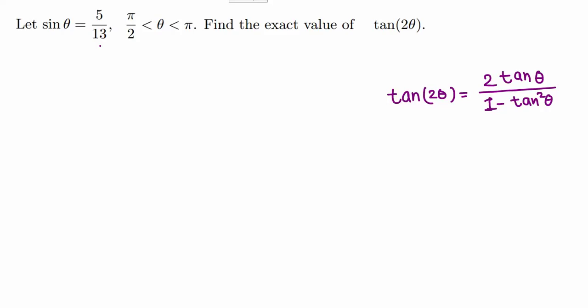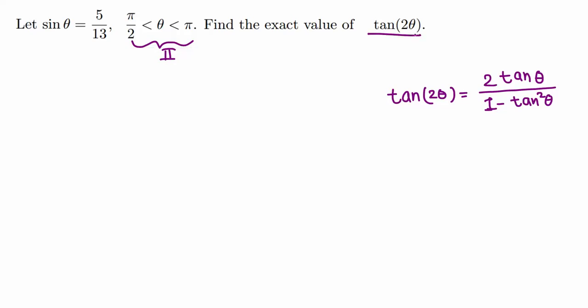Pi over 2 is less than theta less than pi. So theta is in between 90 degrees and 180 degrees. That means theta is in the second quadrant. Okay, second quadrant. Now we need to find the exact value of tangent 2 theta, and the formula is